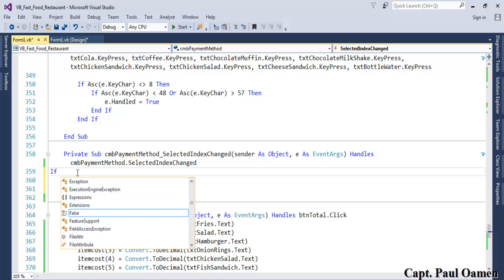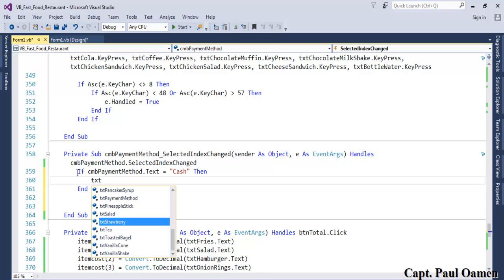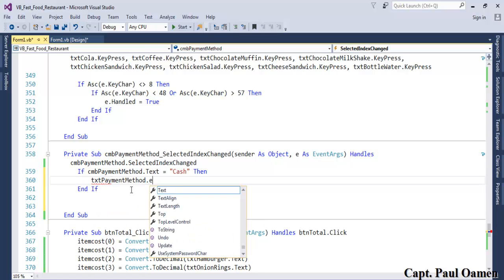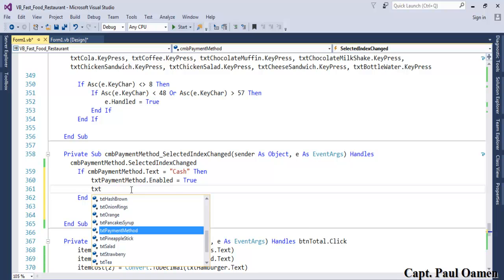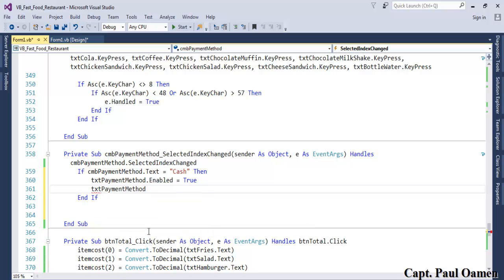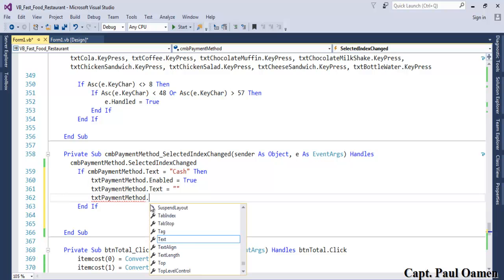Now, if cmbPaymentMethod.Text equals cash, no, that will not work, cash, then txtPaymentMethod.Enabled equals true, then txtPaymentMethod.Text equals clear that, and the payment method as well. Let's set focus, .Focus()